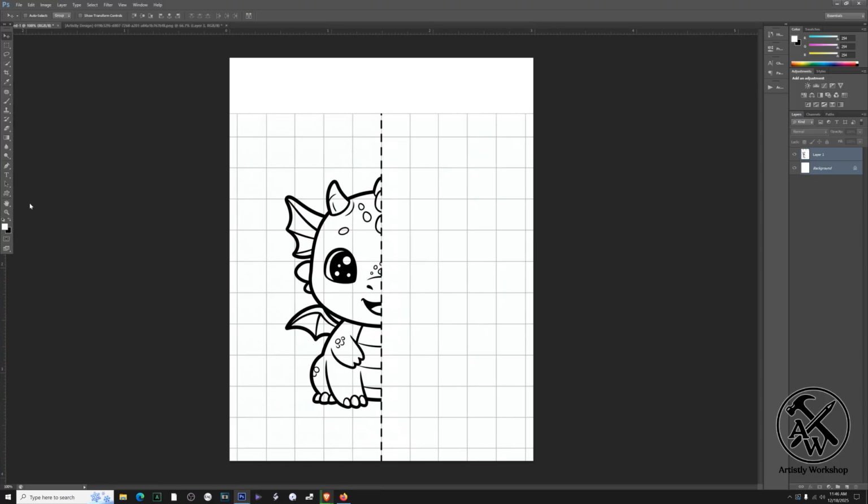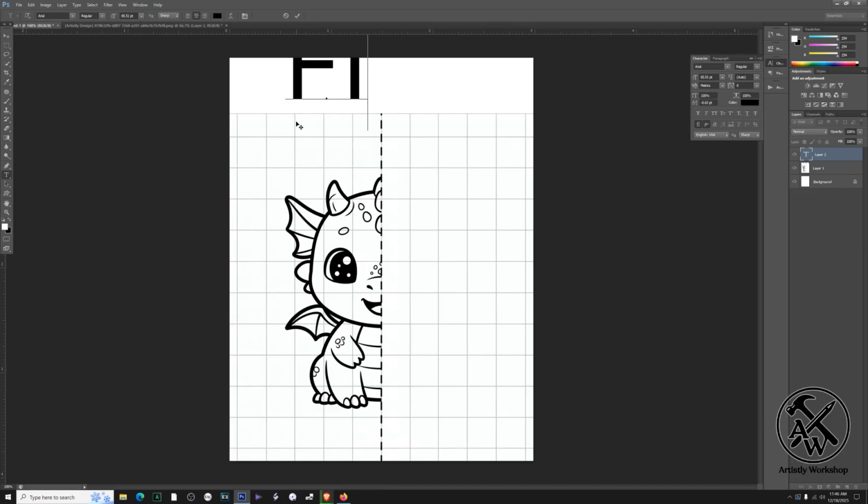And then I think I'll just add a little bit of text. Click the T tool or hit T for text. That's the shortcut. I always recommend learning all the shortcuts for whatever software you're using. Saves you a ton of time. Alright, so let's start out with a font. And we'll put it all caps and say